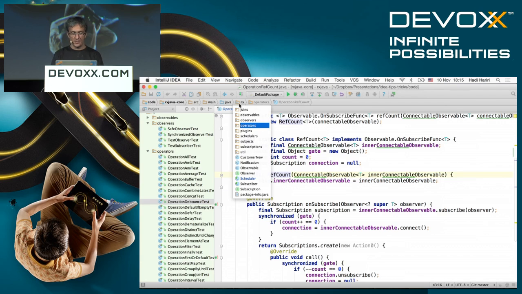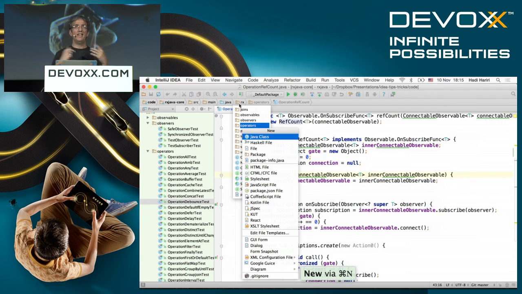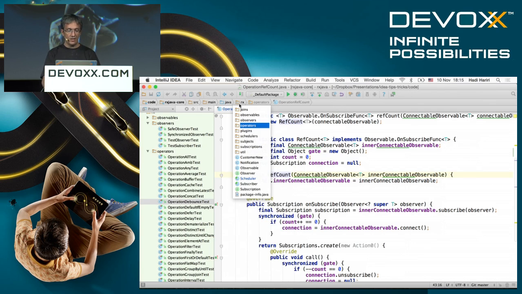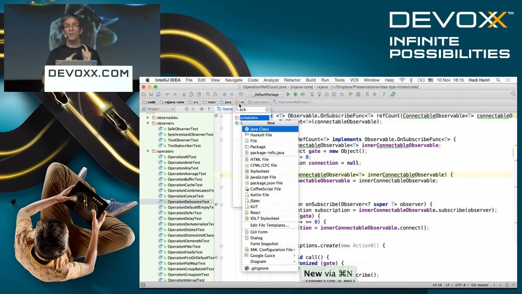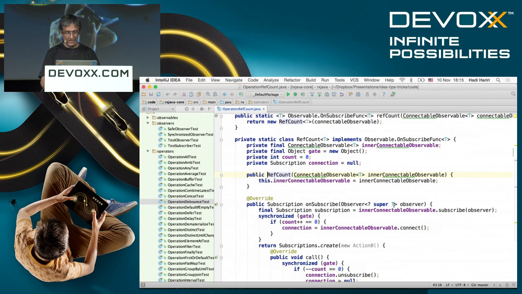So if you do things, for example, did you know that you can press Command N to create a file in IntelliJ? If you didn't, very bad. You should never use File New. You should always use Command N to create a new file. So if I do Command N on, for example, schedulers here, it will create it in that scheduler folder. Okay? So, and you can do the Command N from anywhere.